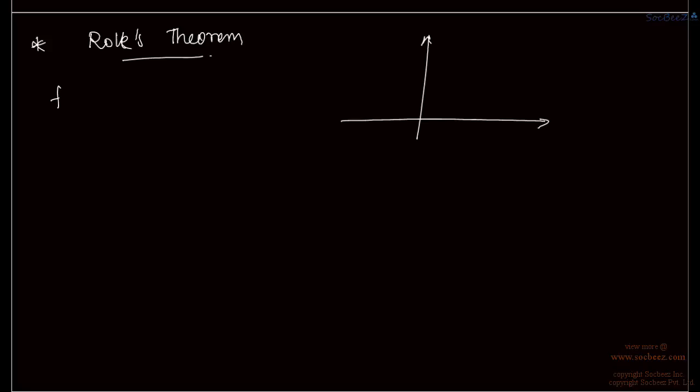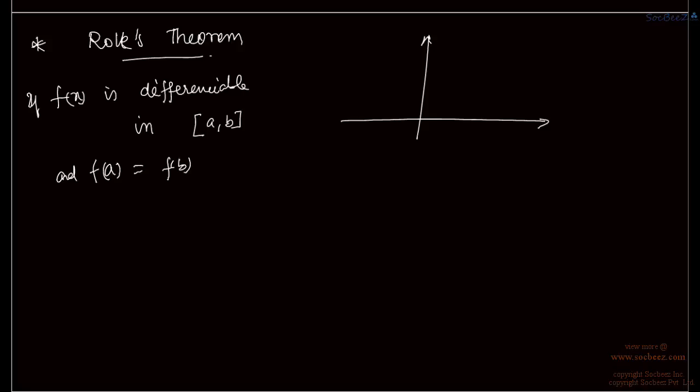Say if a function fx is differentiable in closed interval a to b, right? Say we have a function which is differentiable in interval a to b, and fa is equal to fb. So we have a function like this, which is differentiable in this interval, and also fa is equal to fb. Then